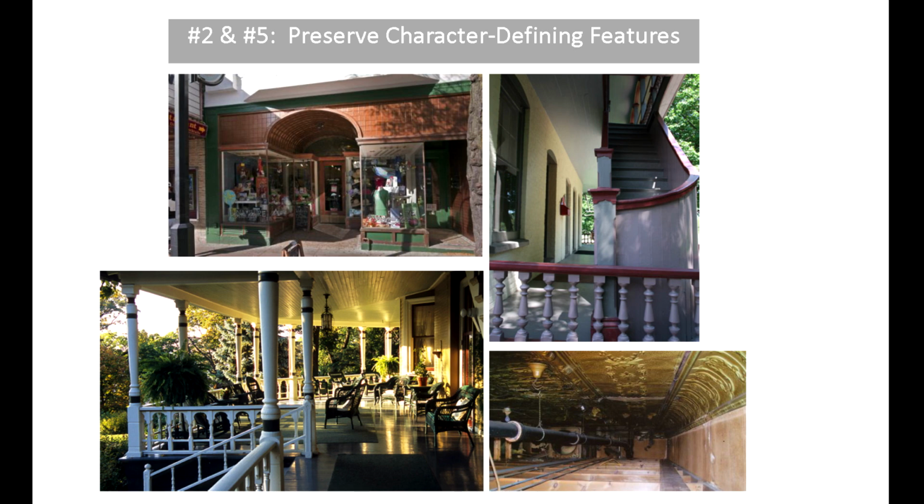That's fantastic. On the lower right, that's an original tin ceiling of a bar in Platteville, and there were 2 ceilings that were hung below this ceiling. So when they called me and they said, we want to do a tax credit project, I said, well, this ceiling isn't original. And we got on the ladder. This one's not original. We had to keep going. The original one was there. So to keep that,